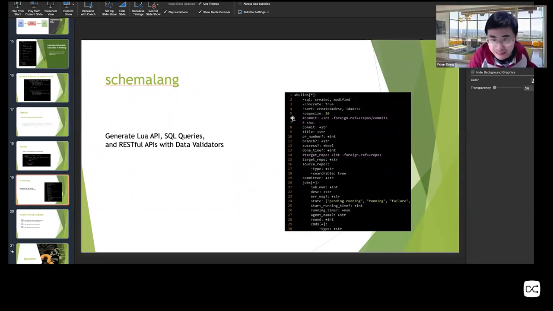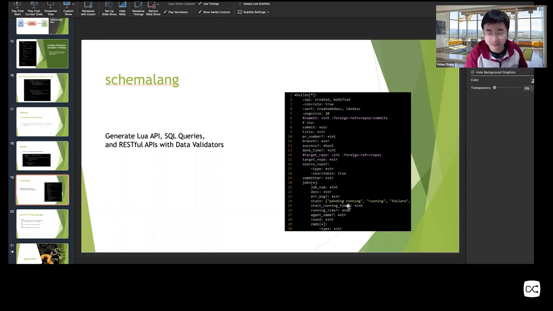So schema-land, you define a data schema and then generate Lua API and SQL queries for databases and SQL definitions and the RESTful APIs with data validators, right? Basically, you just have a single centralized schema specification with all the constraints, all the types, all the field data structure defined.